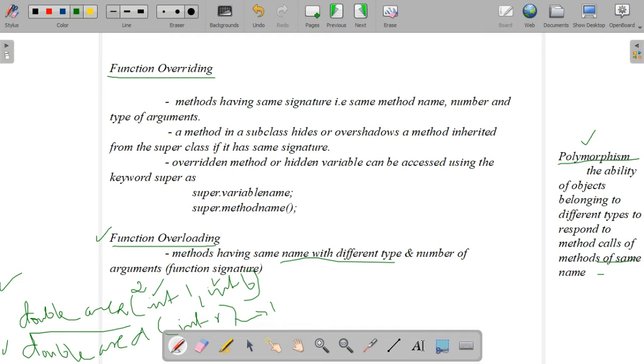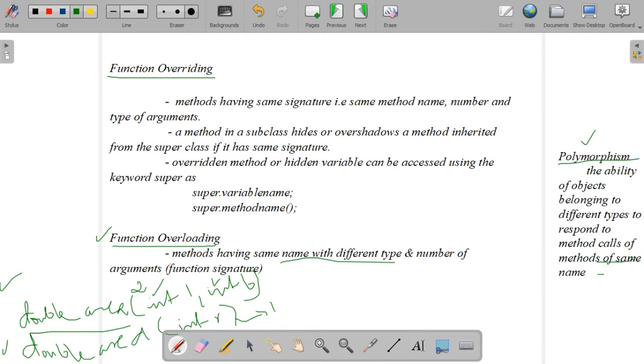One person is acting in different roles. For example, you are acting as a student in the school, you are acting as a daughter or a son at home, a granddaughter or grandson for your grandparents. Like this, different roles you are performing. That concept is known as polymorphism. One person is performing different roles, like one method is performing different roles. That means methods have the same name but different types and different arguments, so the behavior also changes accordingly. So polymorphism has 2 types: one is overloading, another one is overriding, like static polymorphism and dynamic polymorphism.